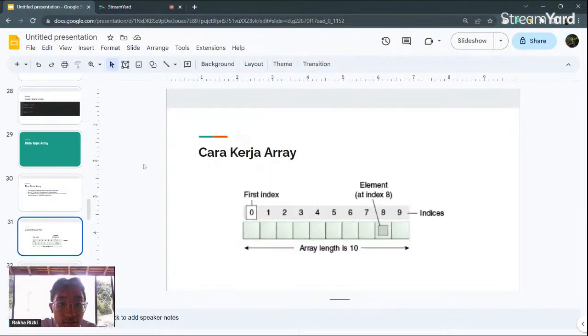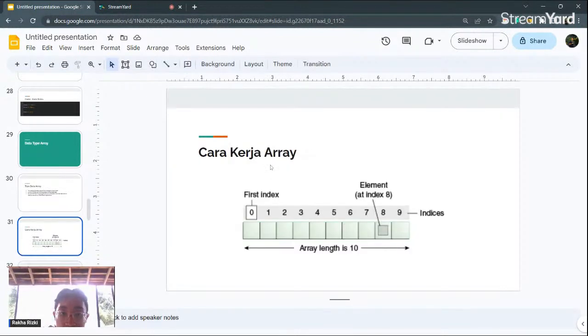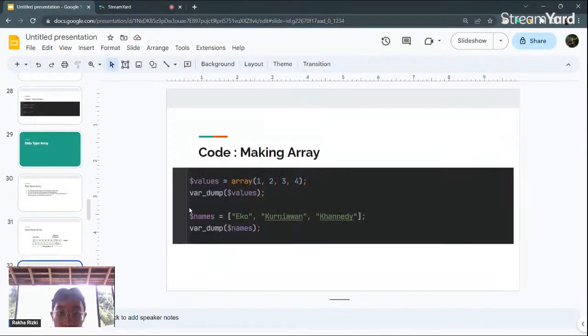Then, okay, I will go next. So this is how an array works. The first index is 0, and the array does not go 1, 2, 3, 4, 5, it goes 0, 1, 2, 3, and so on.